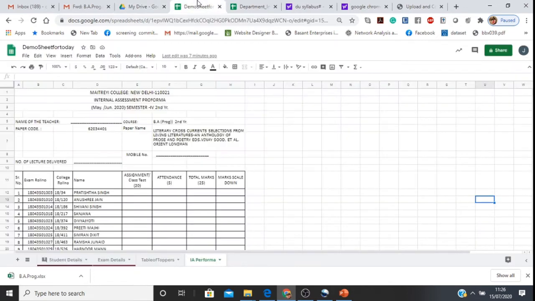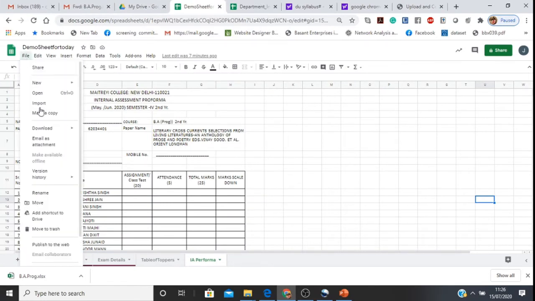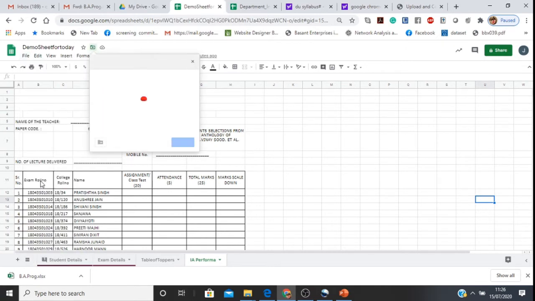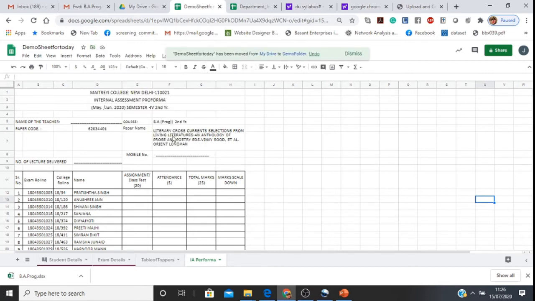So I go back to my file, I click on the file menu, and I can say move, so that I can move this file now to a folder. So you can see there is a demo folder here, and I say move. So you get a notification, demo sheet for today has been moved from my drive to a demo folder.